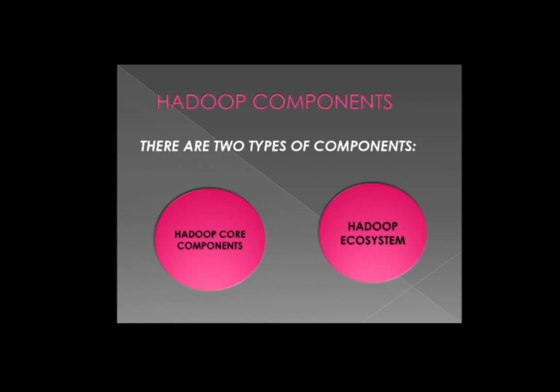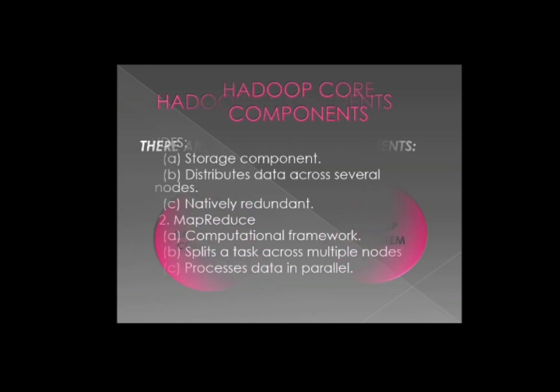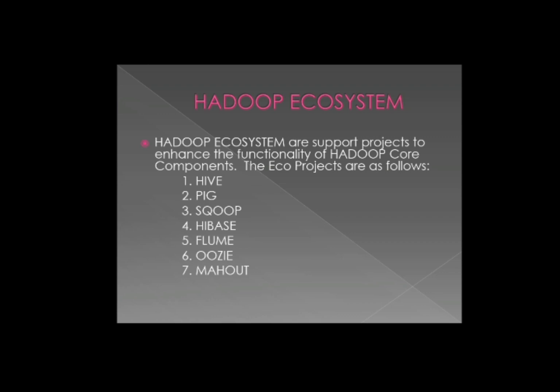Hadoop components. There are two types of components. They are Hadoop core components and the Hadoop ecosystem. In Hadoop core components, there are two types, HDFS and MapReduce. HDFS is a storage component that distributes data across several nodes, naturally redundant. MapReduce is a computation framework that splits a task across multiple nodes and processes data in parallel. The Hadoop ecosystem covers all support projects that enhance the functionality of the Hadoop core components. The ecosystem projects are as follows: Hive, Pig, Sqoop, HBase,